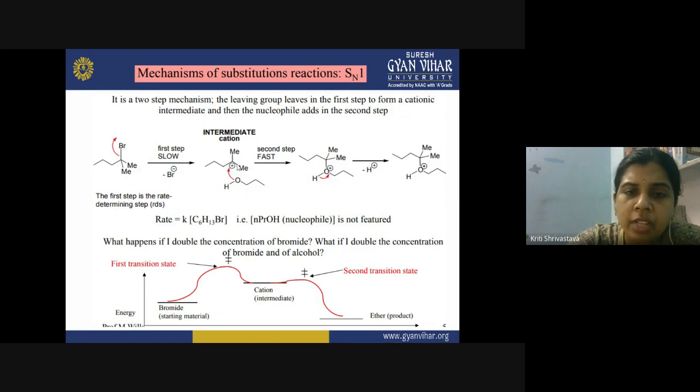The positive charge on the carbon is now coming on the oxygen itself. So you can see that the movement of the electron, which is shown by the curved arrow, is also showing the movement of the formal charge. So this formal charge is now coming on the oxygen.